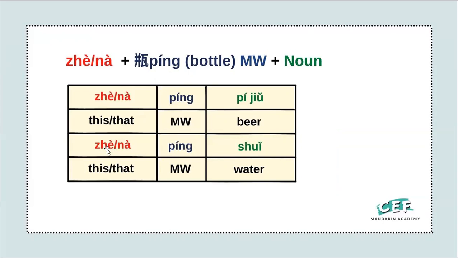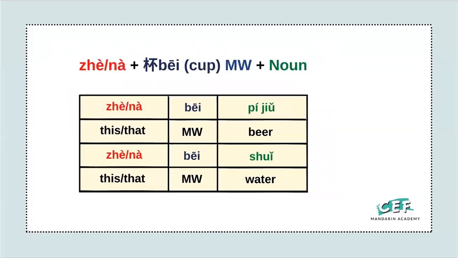Okay, so this water, what is this bottle of water? Okay, so it's 这瓶水. So that bottle of water, I indicate that bottle of water. So I have to say 那瓶水. Okay, let's see. If I don't want to say bottle, how about a cup? Yes, very easy. I just say 杯